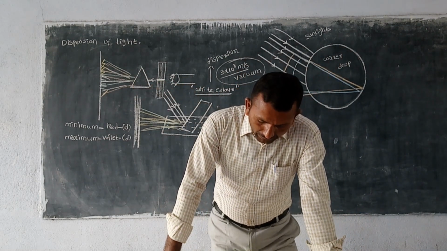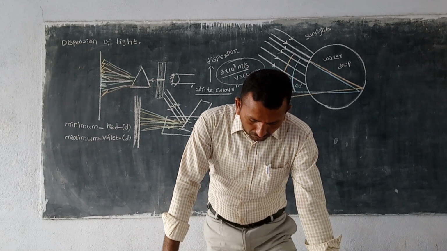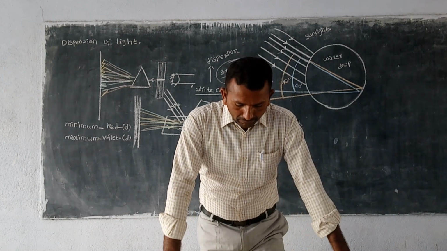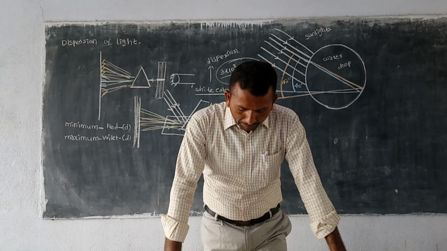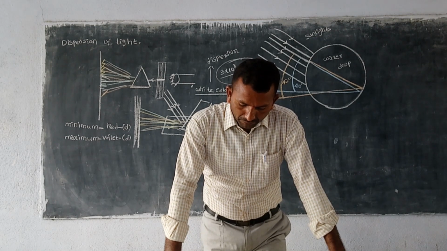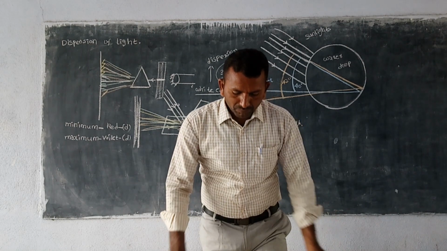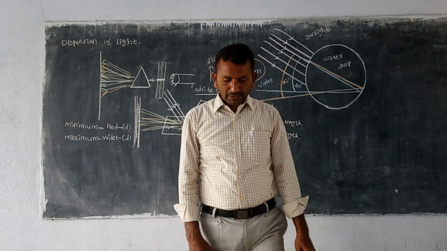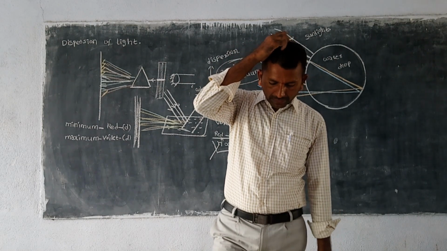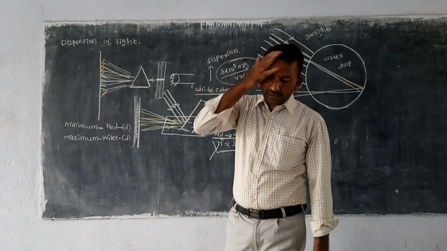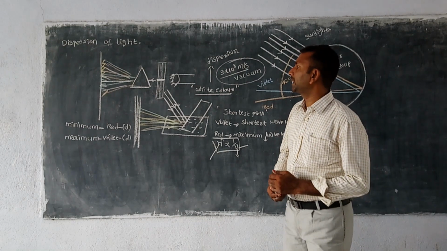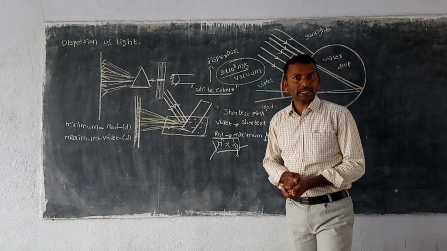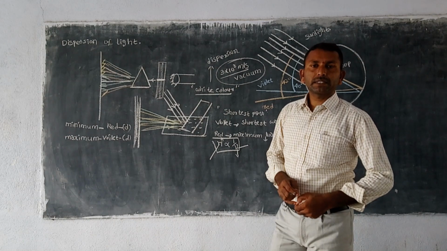We know that the frequency of light is the property of the source, and it is equal to the number of waves leaving the source per second. This cannot be changed by any medium, hence the frequency does not change due to refraction. Thus colored light passing through any transparent medium retains its color. So what is frequency? Frequency means the number of light waves leaving the medium per second. That is called the frequency of the medium.